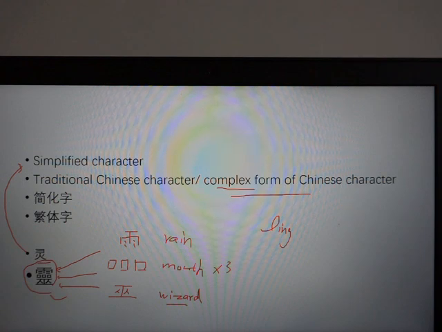Some parts of China still use the complex form of Chinese characters these days, mainly Hong Kong and Taiwan, but we use the simplified character now. Most people can still read a little of the complex form, but